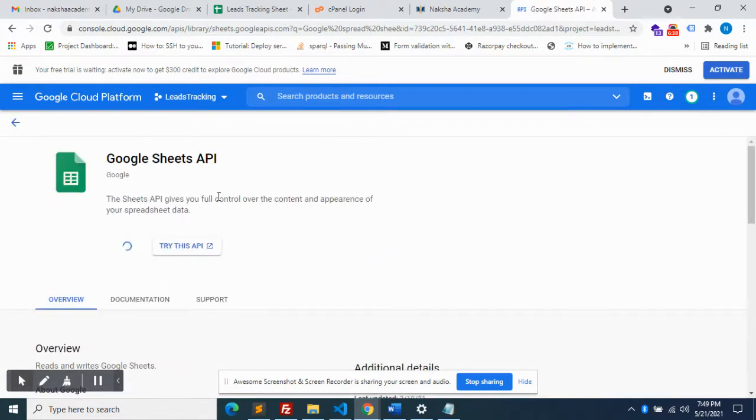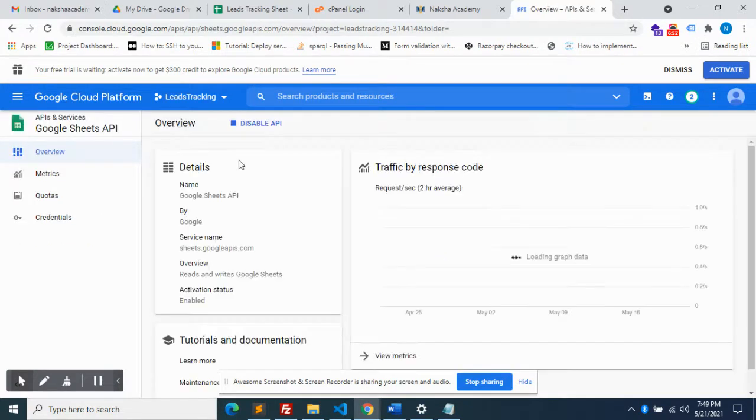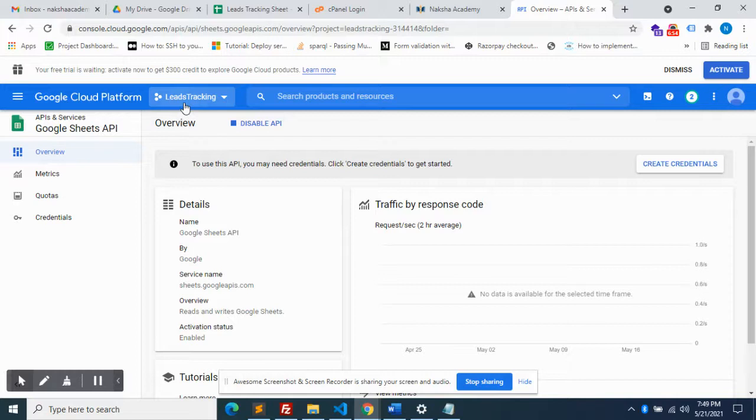Enable. So now the Google Sheets API has been enabled in your project.